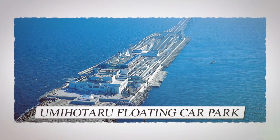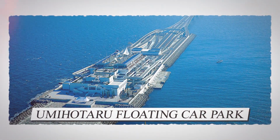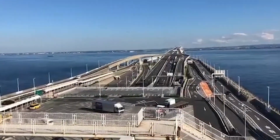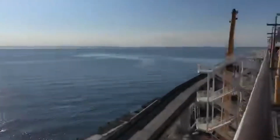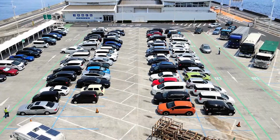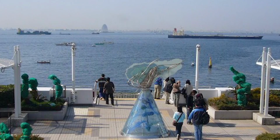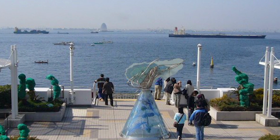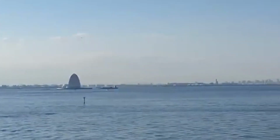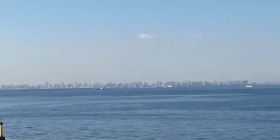Number 7. Umihotaru Floating Car Park. The Umihotaru Floating Car Park was built on the Kizazaru artificial floating island and is surrounded by 360 degrees of water and stands 5 stories tall, with the first 3 occupied by parking and the upper decks occupied by commercial facilities. This parking space is a tourist attraction that offers panoramic views of the city and was designed to look